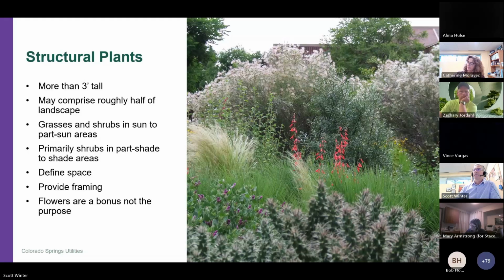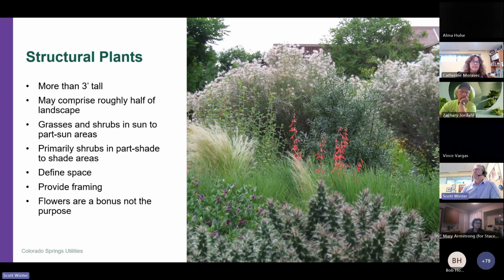And in these kinds of plants, again, flowers, I think, are sort of a bonus. That's not the purpose of this. The structure is really the purpose of these plants, and the structure they provide. And if you get some flowers with it at certain times,